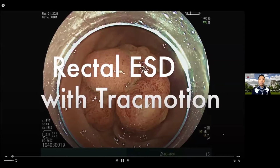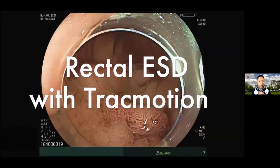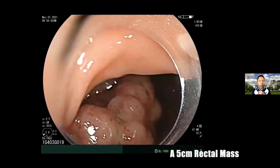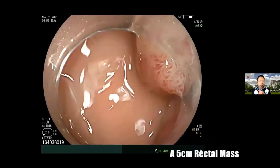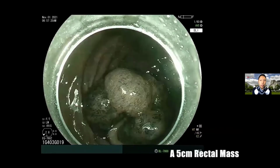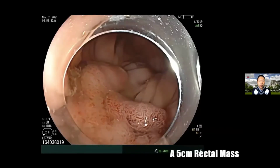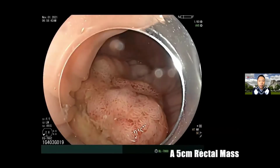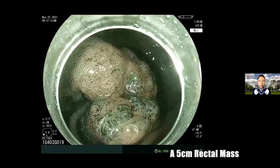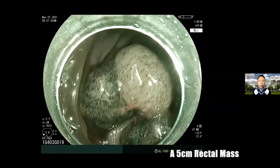So this is approximately a 5 to 6 centimeter bulky mass found in the rectum, approximately 25 centimeters from the anal verge. As you can see, I did the BLI. This is the same as the NBI technology from Fuji. So this is the oral side of the lesion, and then I did the magnifying BLI, but I did not